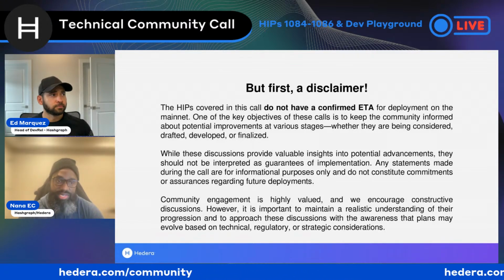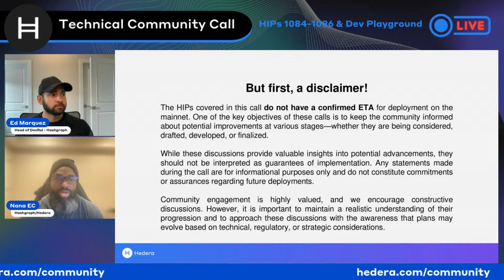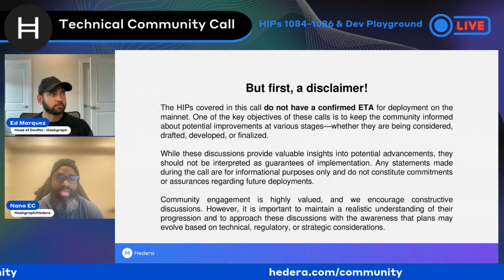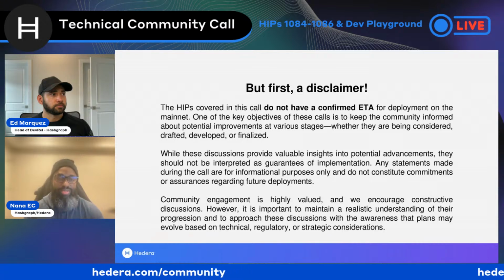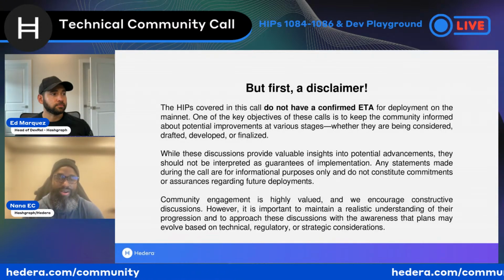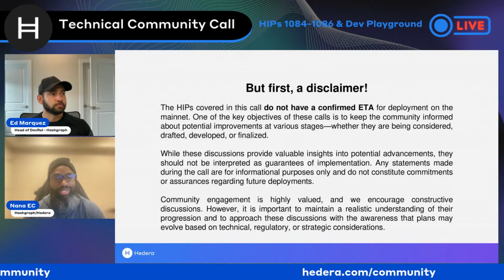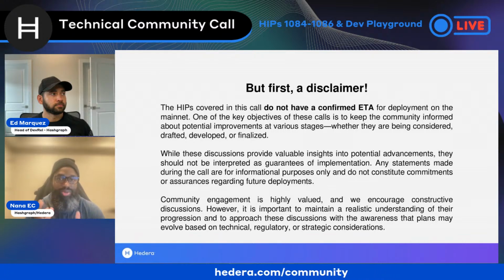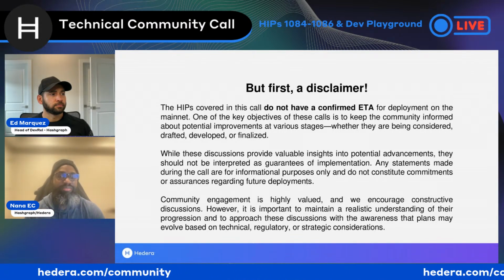Once the TSC is happy with that, they would approve a HIP that is proposed. After that, Hedera, which is the deployment of that code, also would decide to accept that HIP in that form. So you have a couple of touch points where these ideas can be fleshed out and improved.